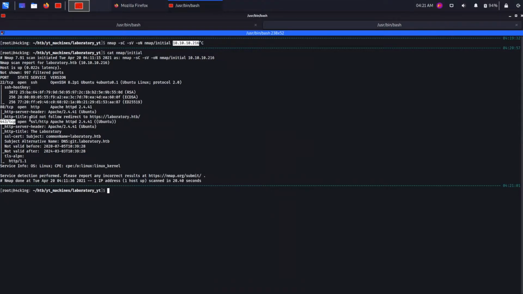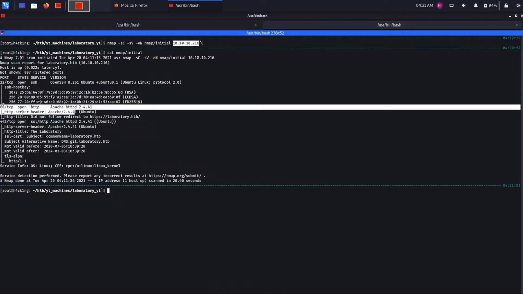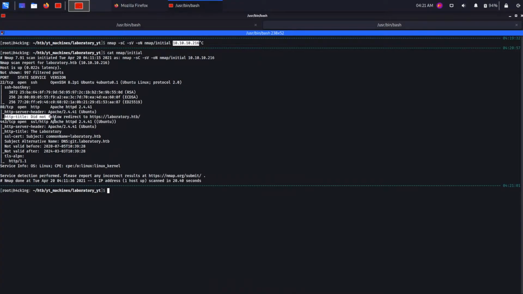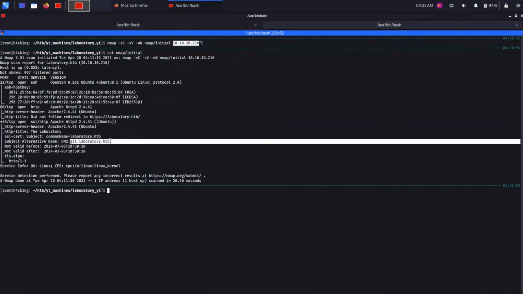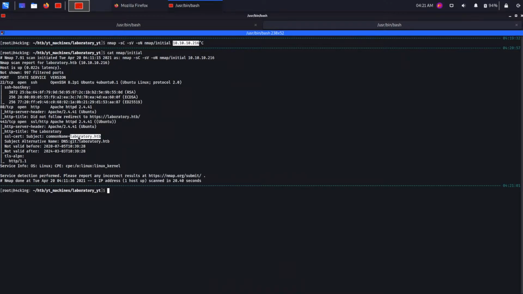But we need to look at this carefully, because as you see in the port 80 section, it says that the HTTP title did not follow the redirect to laboratory.htb, and in port 443 we see the common name is laboratory.htb, but the subject alternative name is also get.laboratory.htb. So we know that there are 2 subdomains that we have to add: laboratory.htb and get.laboratory.htb. So we can just nano /etc/hosts